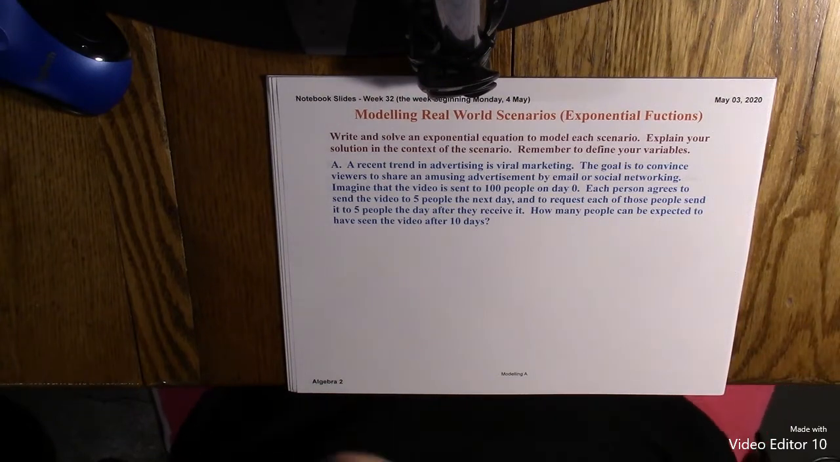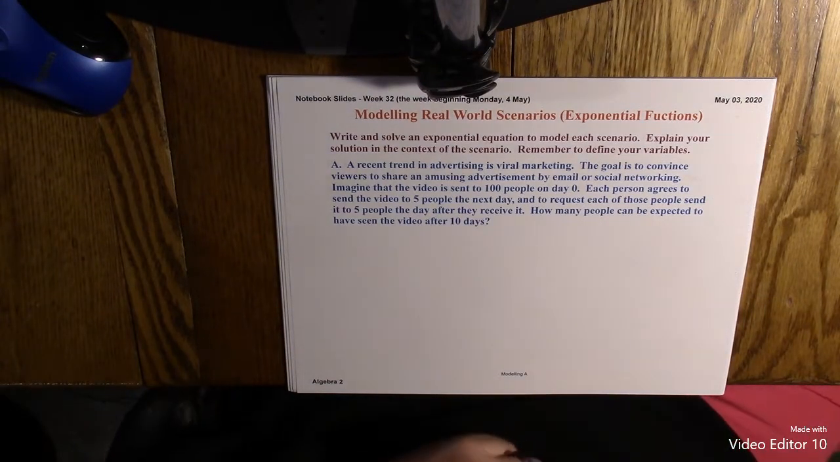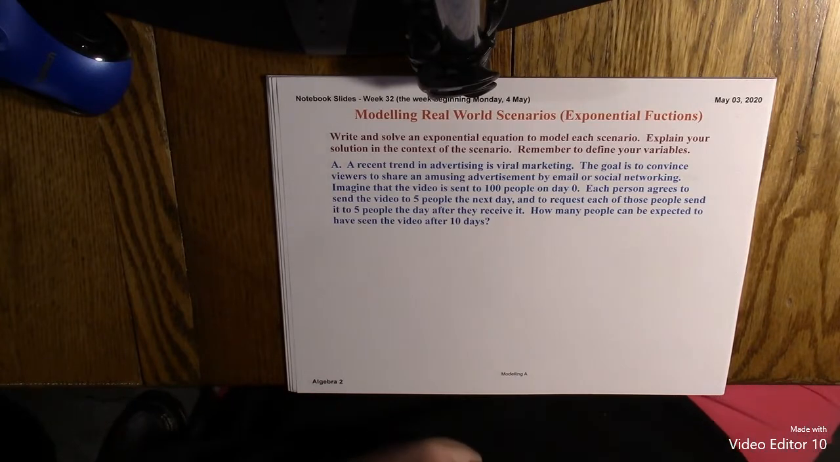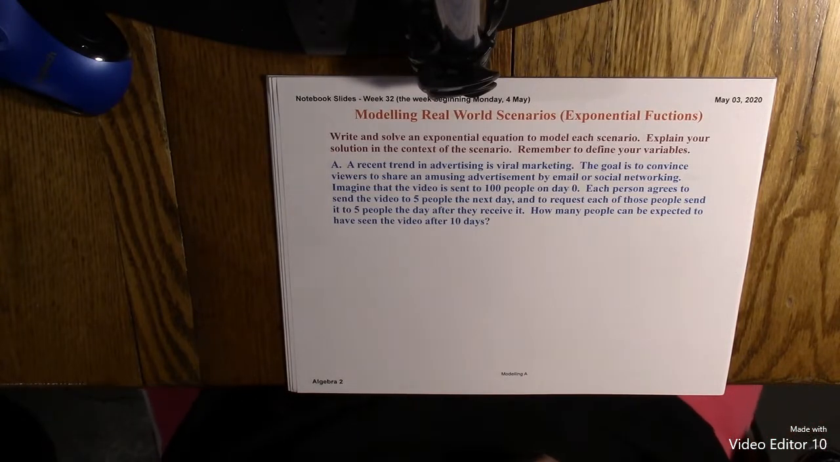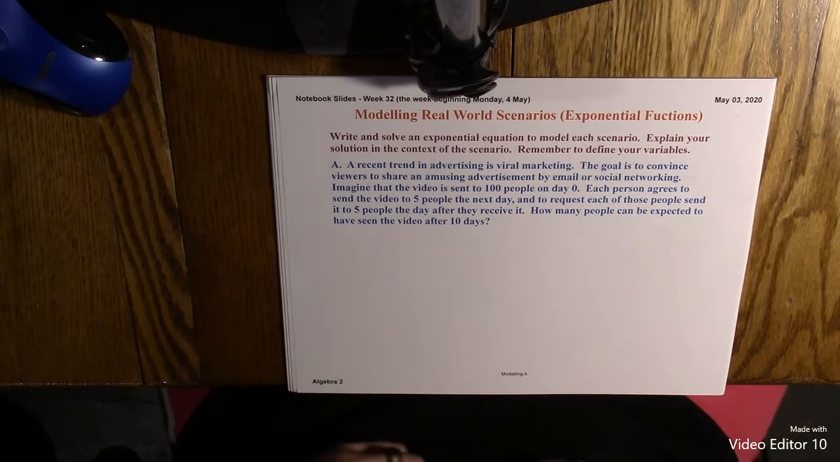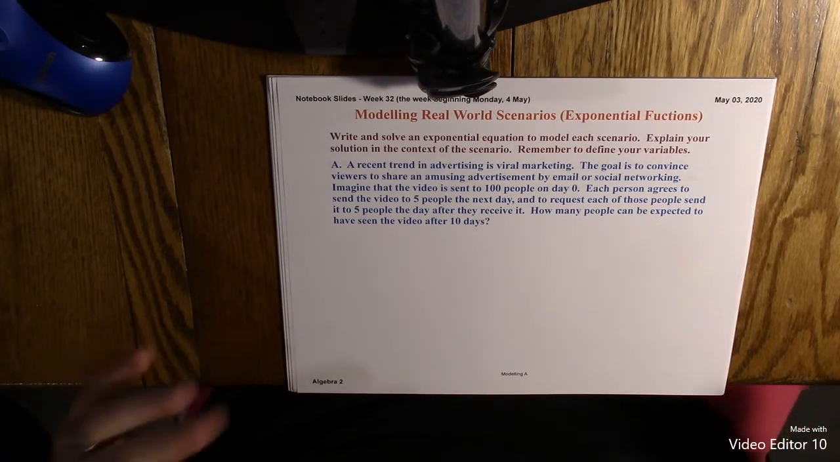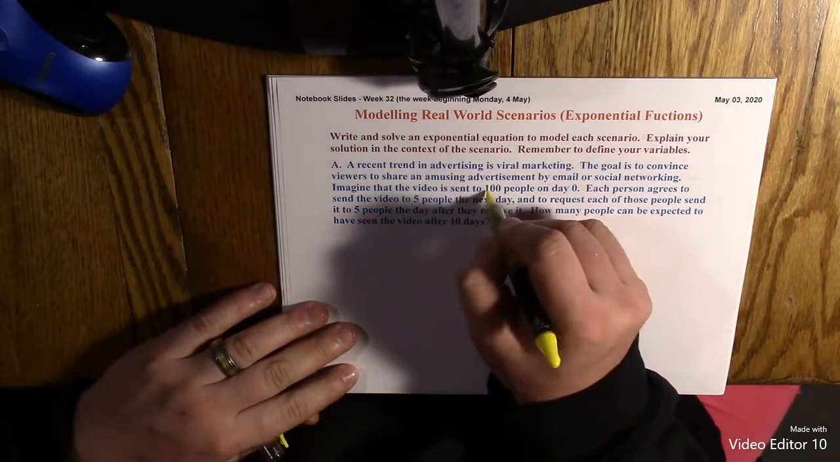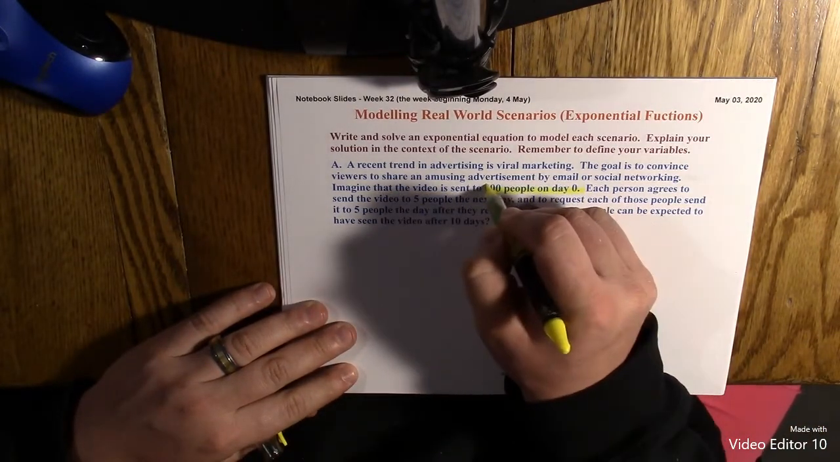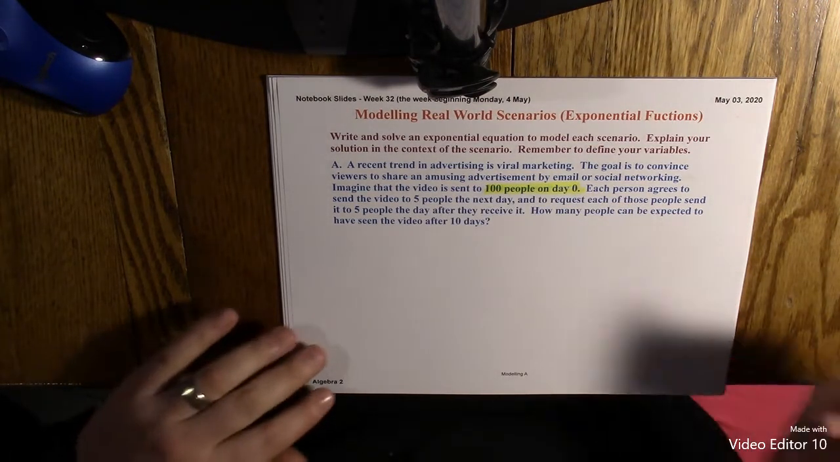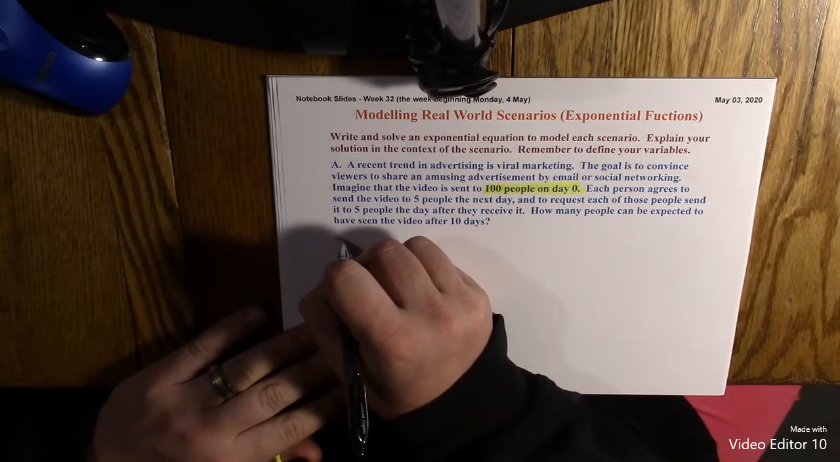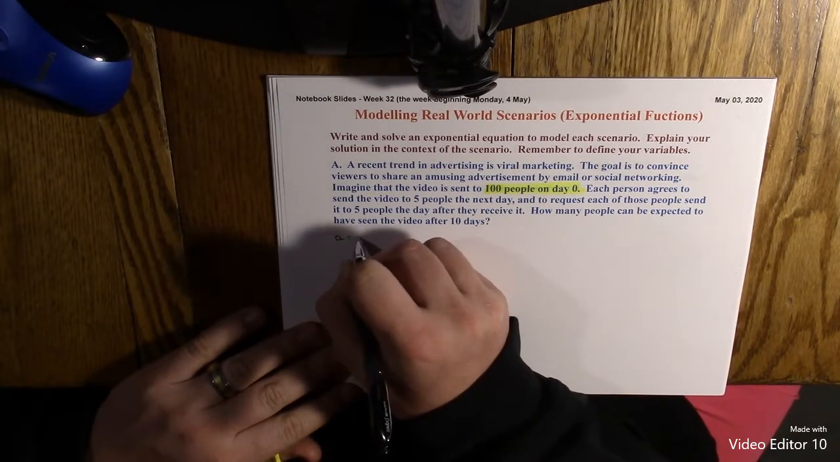Okay, ladies and gentlemen, here's our first example, example A, which deals with viral marketing. Viral marketing, as you see, is the goal of getting viewers to share a video so that more and more people will watch it. And modeling that requires an exponential function. So if we're examining the scenario, we see that there are 100 people that are seeing this video on day 0. 100 people on day 0 means our initial value, our A, will be 100